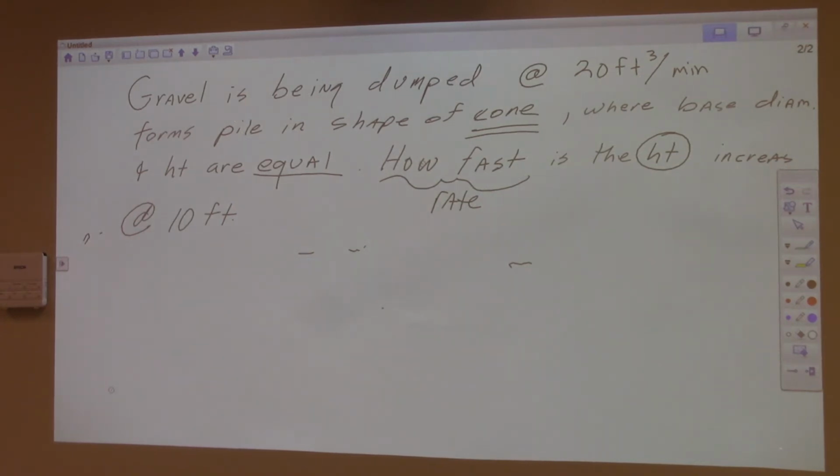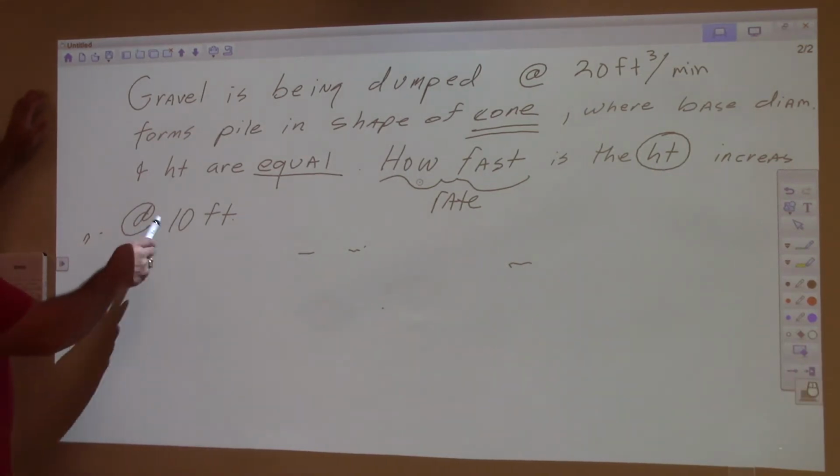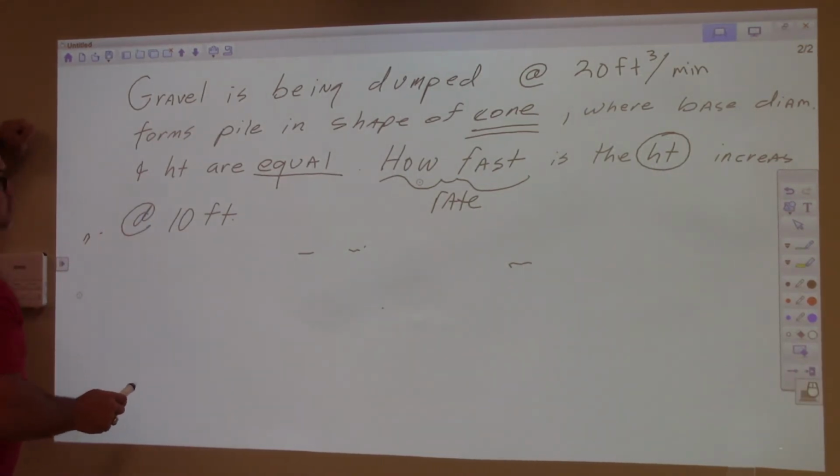No, the height is going to be 10 feet, if that's what y'all were asking a while ago. I don't remember what y'all were asking. But that's not the height of the whole thing. They just want to know at 10 feet. Yeah. So,